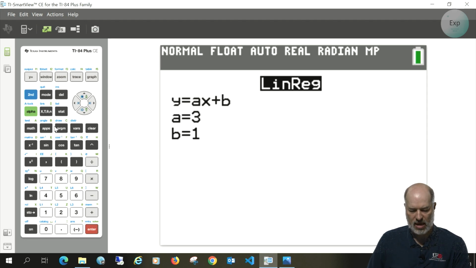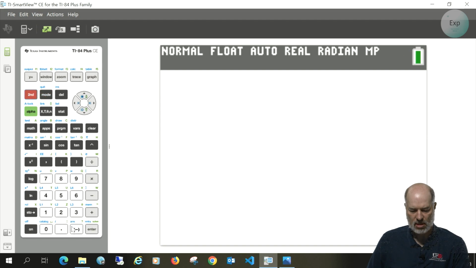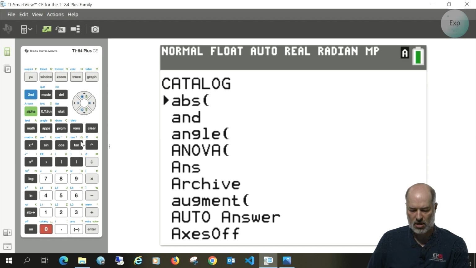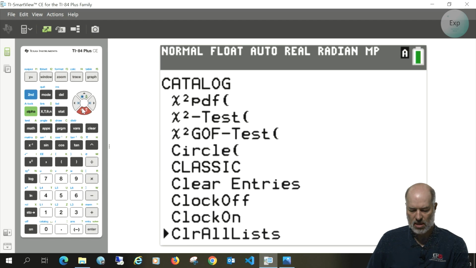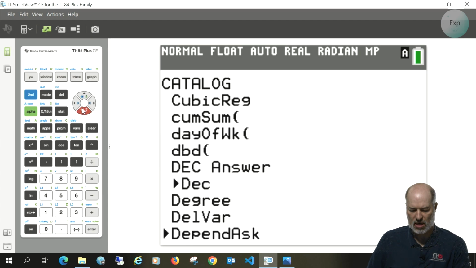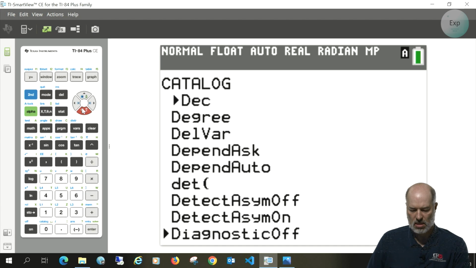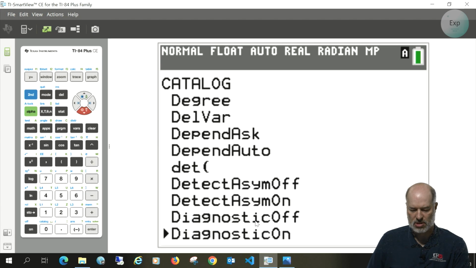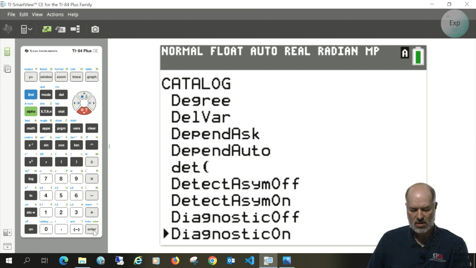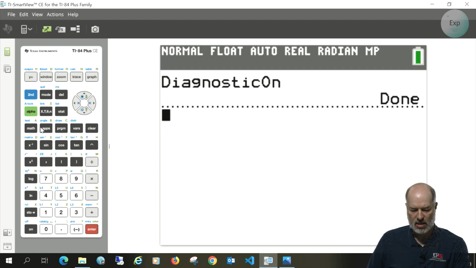Now let me go ahead and put my diagnostics on again. Each time you reset or clear the RAM, you're setting everything back to its factory default. If you do reset or clear the RAM, you'll need to make the adjustments as necessary. I'm going to go to Catalog again by going Second 0 and then scroll down to the D's and go to Diagnostics On. Select Diagnostics On. You can always turn them off if they're on, but I'm going to turn them on and then repeat the test